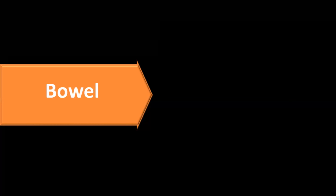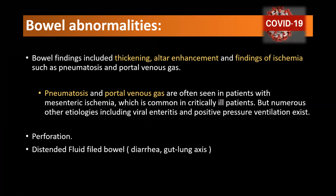Now we'll focus on the several abdominal parts which are targets for the COVID virus. We'll start with the bowel, the first target for COVID. The common manifestations of the bowel in COVID patients are thickening, ulcer enhancement, and findings of ischemia, such as pneumatosis and portal venous gas. But pneumatosis and portal venous gas, as we know, can be seen commonly in critically ill patients as well,